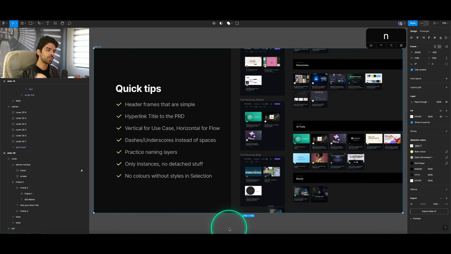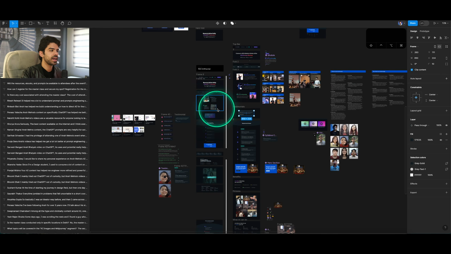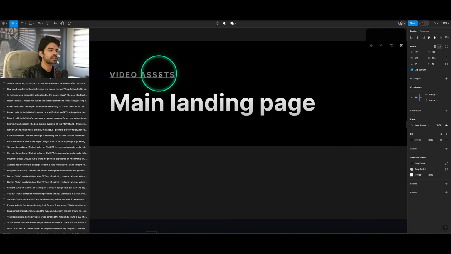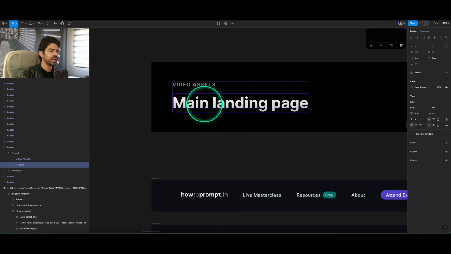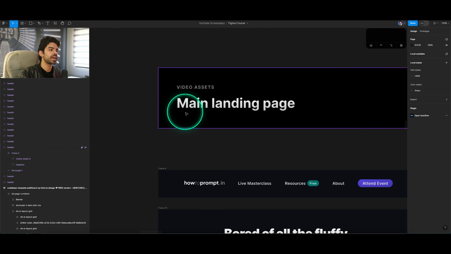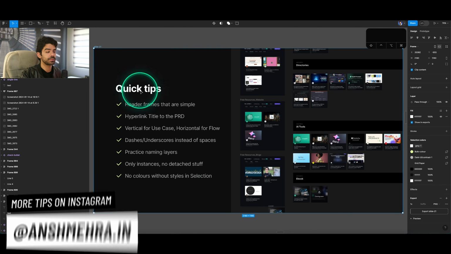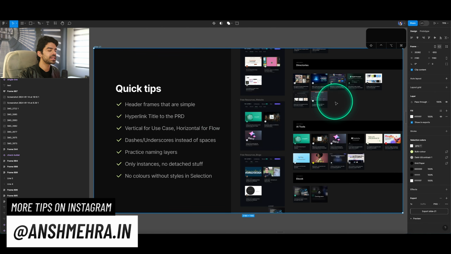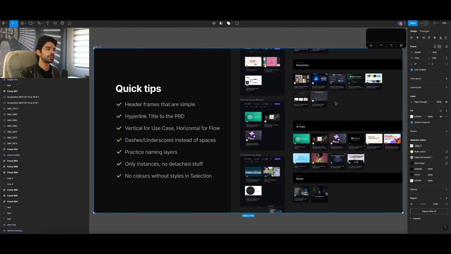Now there are some quick tips that I want to share before we get to module number 2. Number 1, please create header components that are simple. For example, in my case, my header components are very, very simple. You have one subtext, you have one heading. Sometimes I had a version where I would have a 2-sentence subtext within the heading as well, if I want to explain something. But keep these headers very, very simple and don't have more than 2 to 3 colors,